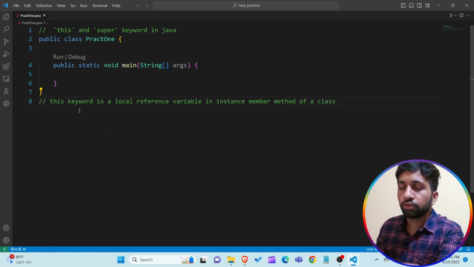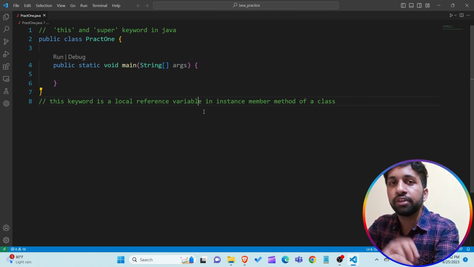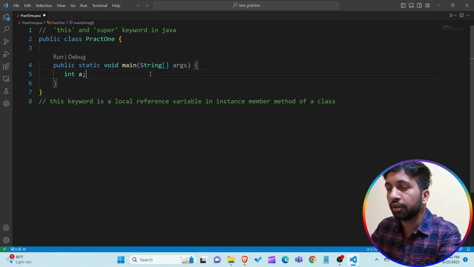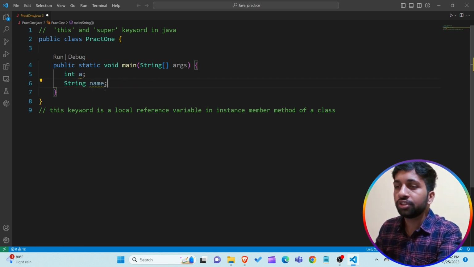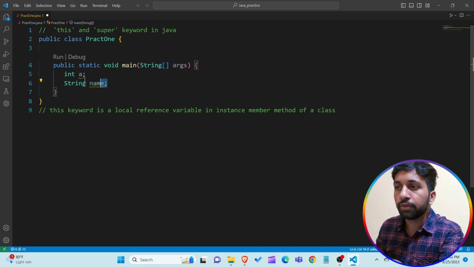First of all, what is the meaning of local variable? Then I want to talk about the local reference variable. A variable that is created in a particular method, and the scope of that variable is only within the method in which it is created. For example, I am creating in the main method a variable like int a, and also a string name. These two variables are known as local variables because the scope of these two variables is only in the particular method,